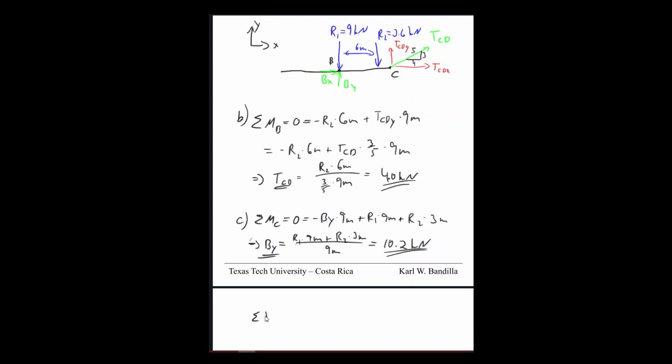and then we can get BX just by doing sum of forces in the x direction. Sum of forces in the x is equal to 0, is equal to, let's see, BX we have going to the right. The resultant forces have nothing, so we just have TCDx, also going to the right. So that'd be BX plus TCD. Now we're looking at the horizontal part, so it'd be 4 divided by 5,